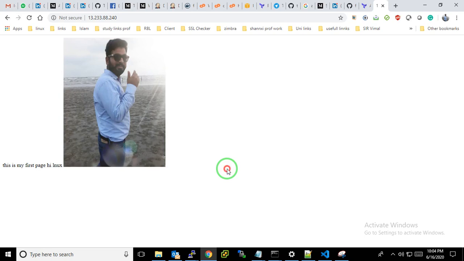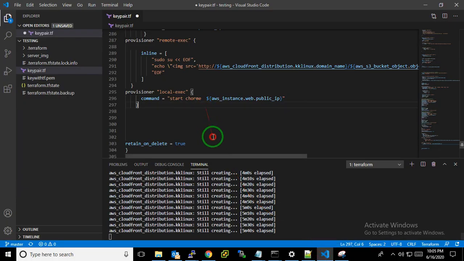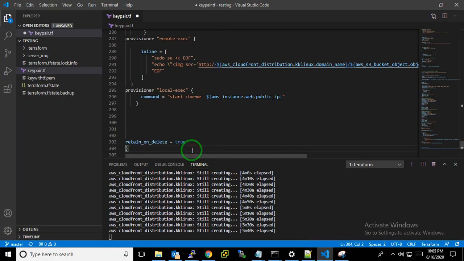I hope you all now know about the Terraform tool. It's a very great tool, and I suggest you please learn about it. You can run this same code for any other public cloud with this tool.